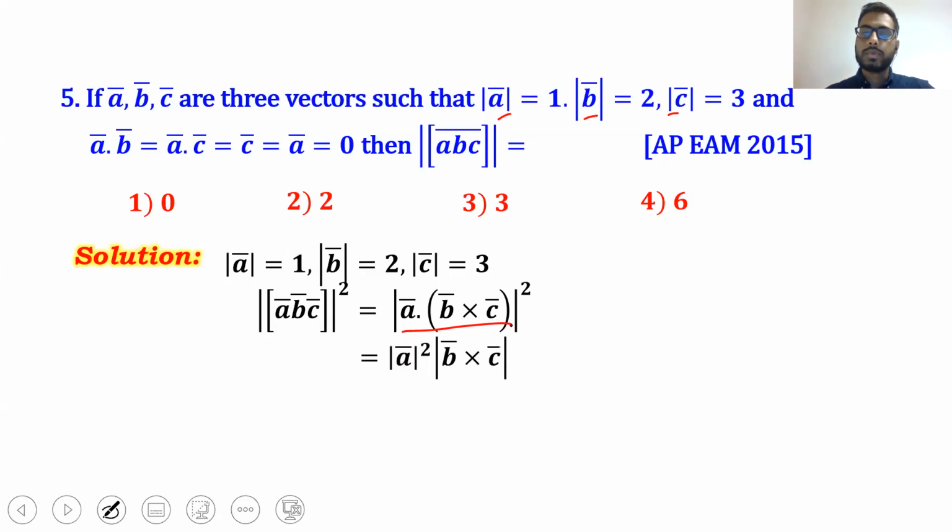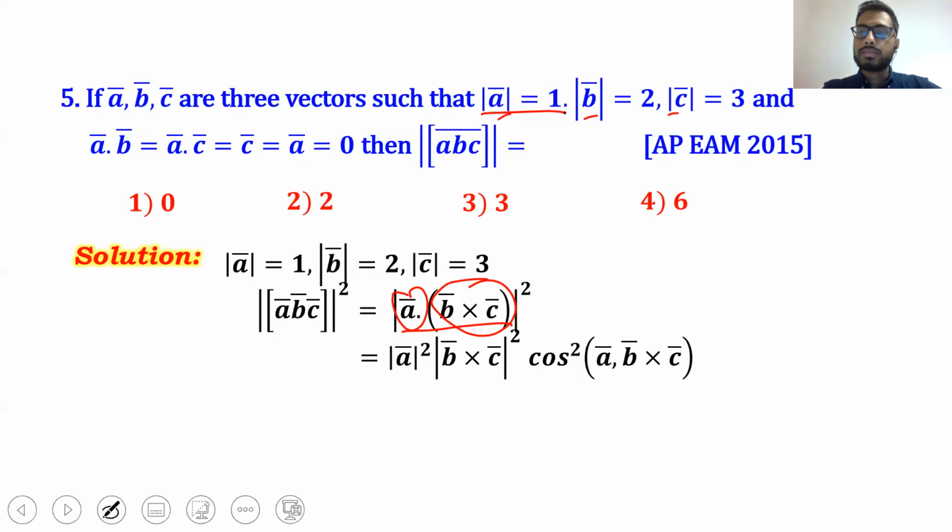On expansion, I'm going to get, there is a dot product between this and this. So A dot B is nothing but AB cos of theta. As there is square present, I get this. Why did I take square on both sides? So that when I expand the bracket, instead of A, I will get magnitude of A the whole square. And I have a value of magnitude of A. Magnitude of A is nothing but 1.